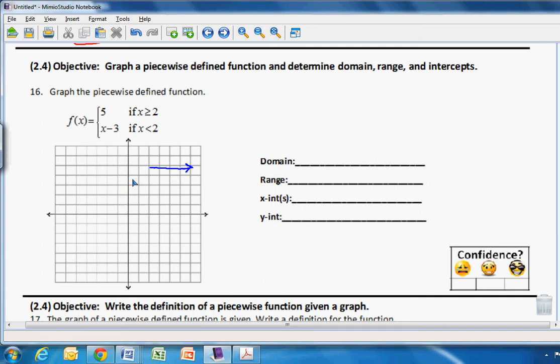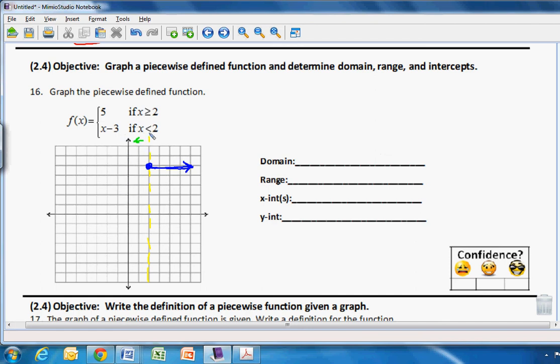Right, so you can think of it like that, or just make sure that you're drawing. This is where you're going to be cutting off. It's your cut line right here. And our positive 2. And this first piece is going to start right on 2. It is equal to it, and it's going to continue to go this way. It's going to be greater than, so it's going to be this way. Then our second function is going to be less than, so we're going to only draw it to the left